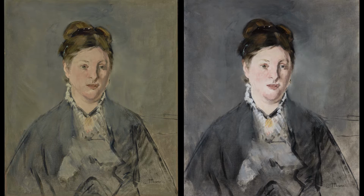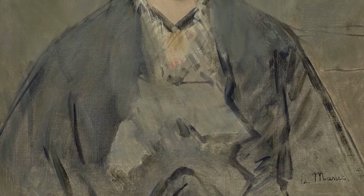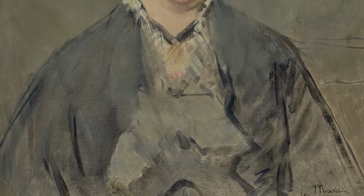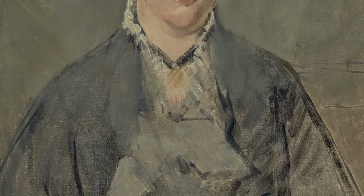Devi, welcome, and thank you so much for taking the time to share your experience of conserving this picture. Can you start by telling us a bit about the condition of the painting when it arrived in your studio? This particular painting of Madame Manet really caught my eye, and initially it was to do with her grubby appearance. Really an astounding painting, very sketchy in its facture, but it just seemed to have a slightly off yellowy